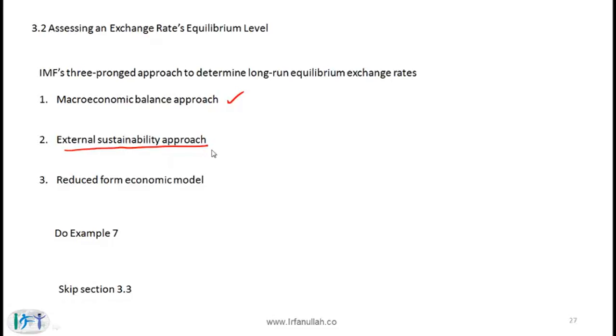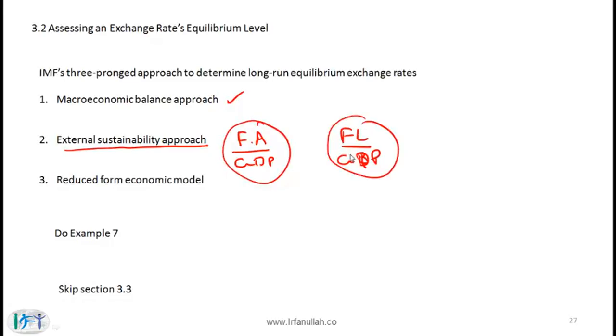External sustainability approach. The way you can think of this is that a given country should have some benchmark level for its net foreign assets to GDP, and there should be some benchmark level for net foreign liabilities to GDP. And this approach essentially says that what must our exchange rate be in order for these ratios to stabilize at